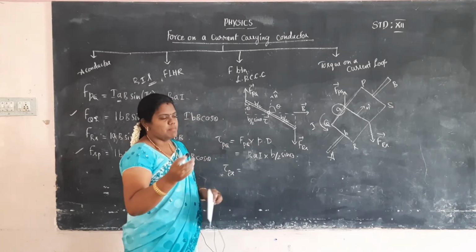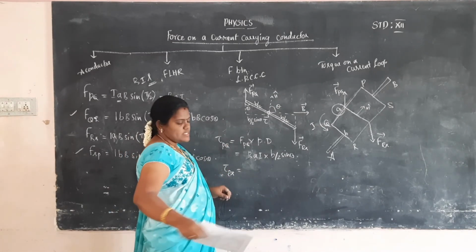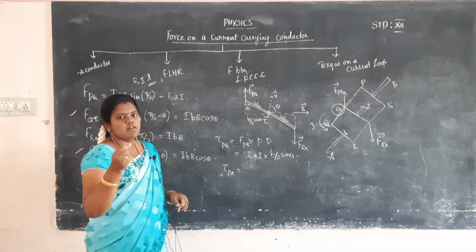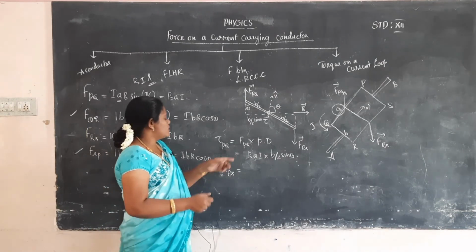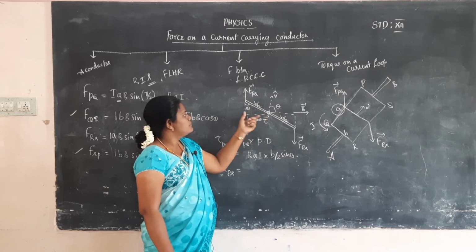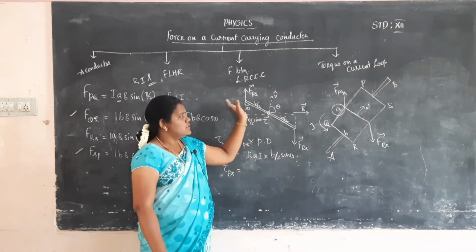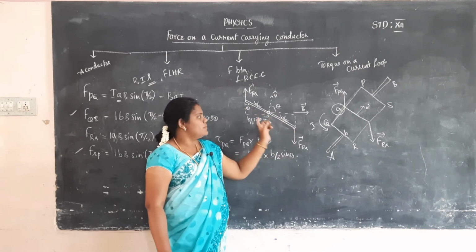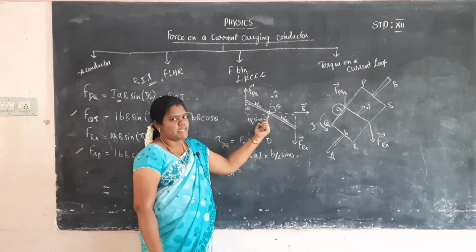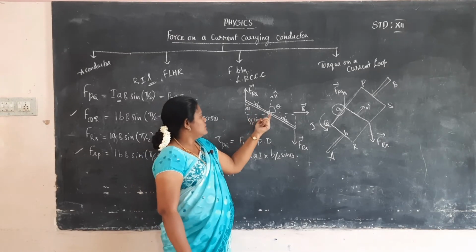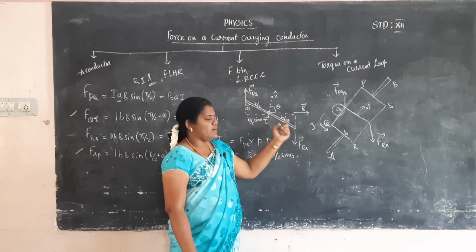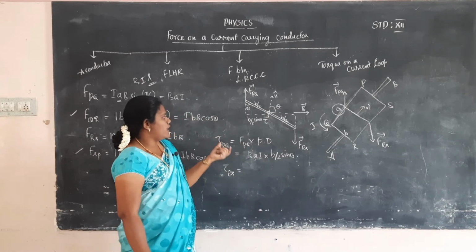So we consider torque on BQ is equal to force into perpendicular distance. What's the formula for torque? Force into perpendicular distance. So force on BQ into the perpendicular distance, which is related to the breadth of the rectangular loop. Breadth is considered as b. In the middle is the normal line. The distance from one side to the middle is b by 2 and from the middle to the other side is b by 2. Now we want to calculate the perpendicular distance.